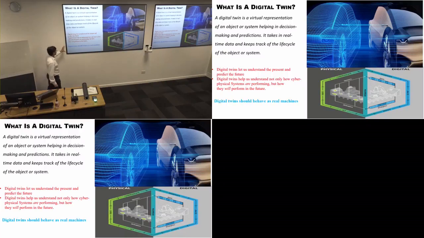And then the most important thing is that digital twins should behave as real machines. Otherwise people would not trust them, people would not have the right level of trust, if what digital twins are presenting differs from how the actual physical object or cyber-physical system is behaving or operating. So as the machine, physical object or cyber-physical system is changing, digital twins should be able to accurately capture and represent the functionality almost in real time. So that's, to some extent, a broader view of what a digital twin is.